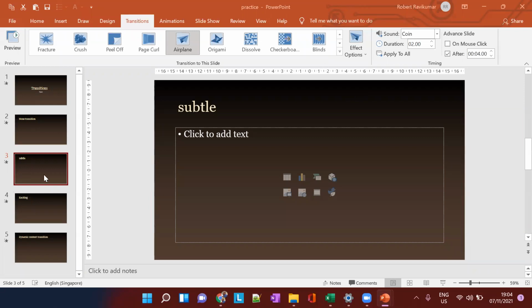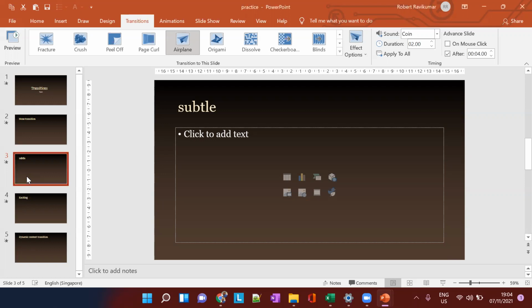Do you know how to remove a transition? There is already a transition applied to the particular slide. Or else shall I tell?